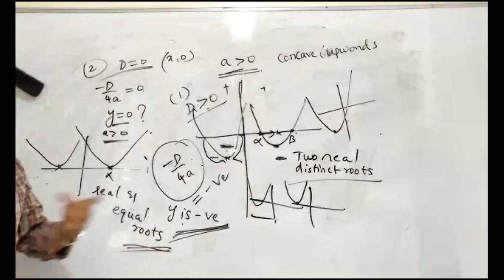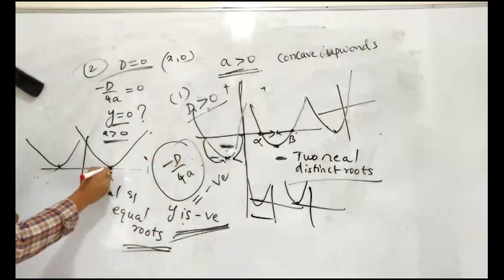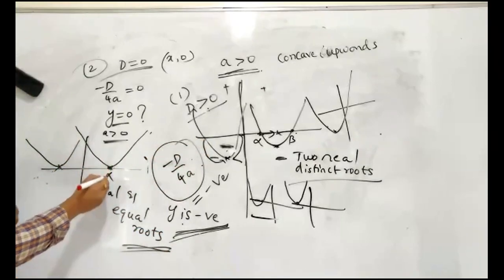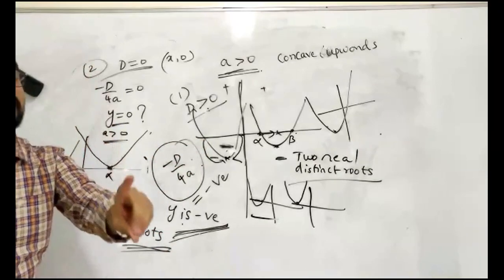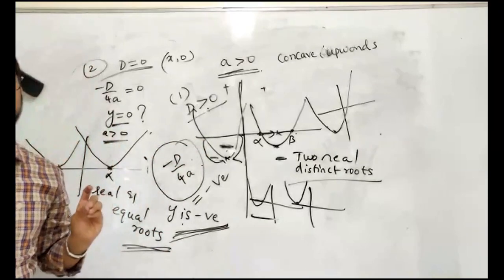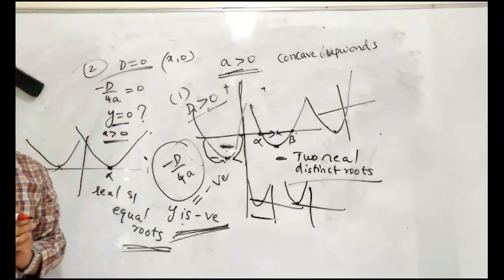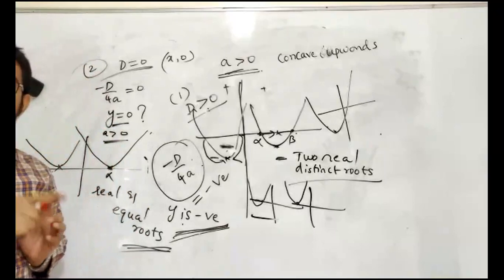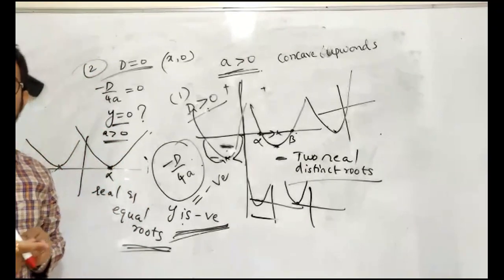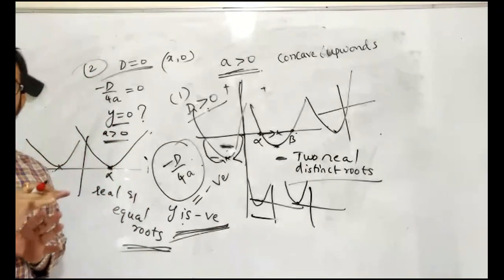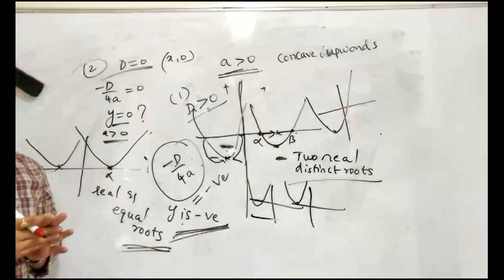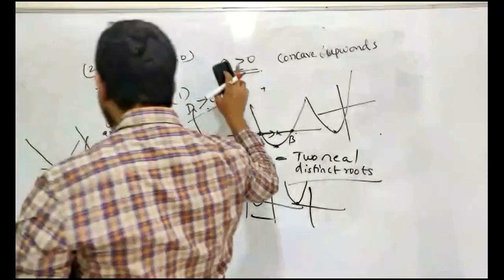Because when d equal to 0, I have shown you this one. This will be the graph. When d is equal to 0, this is the graph. The shape of the graphs is very important. Many students get confused here, so learn it correctly. If you have any further doubts after this, you may contact me after the class. Right? Now, this is for d equal to 0.